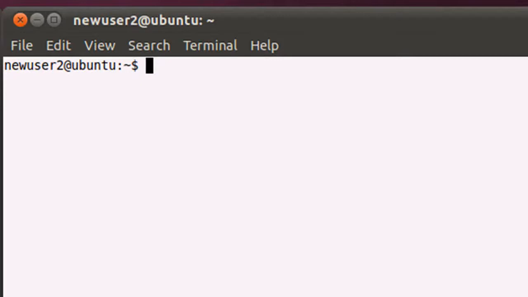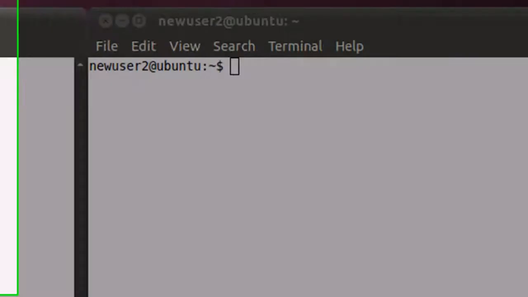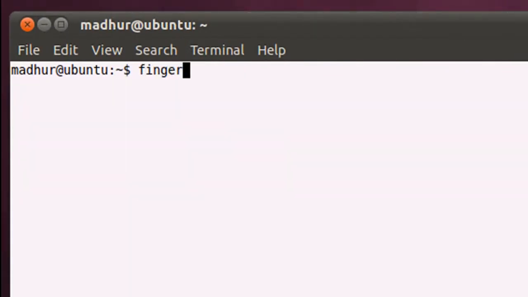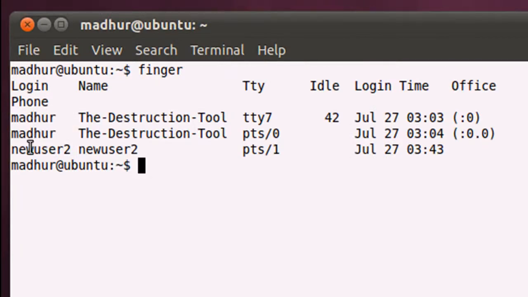The other command is finger, and finger allows you to see the users who have logged in, and that you can obviously do using who, but finger also tells you which users have given you the permission to connect to them and which users have disabled message reception. So if in this window I type in finger and press the enter key,